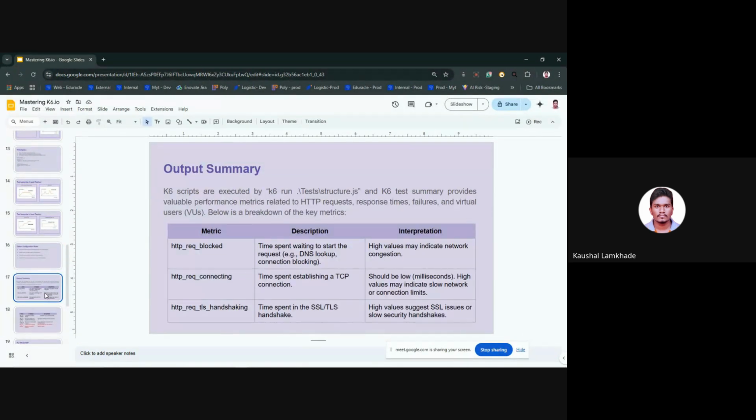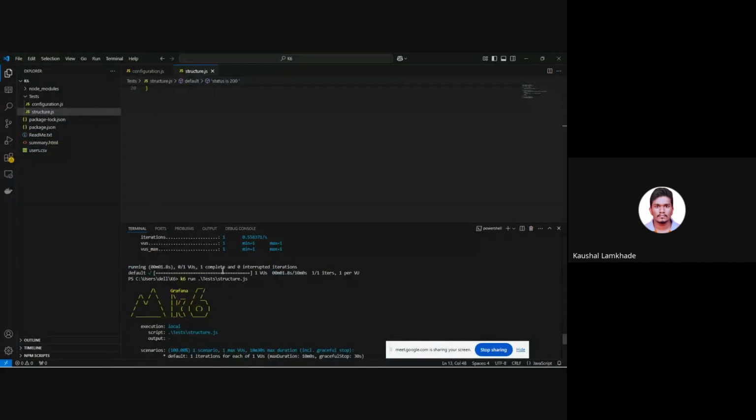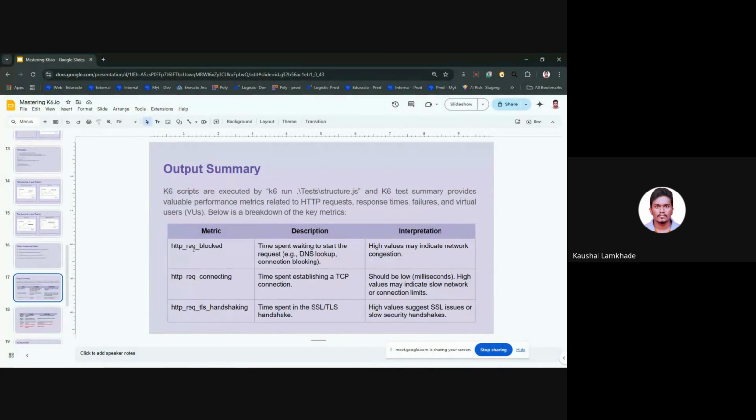So the next part will be reading the output summary. As you can see here, after the successful execution, you get one result summary. There are multiple parameters written here, and each parameter has its own meaning. The HTTP request blocked is the time spent waiting to start a request, and the interpretation is, when this value